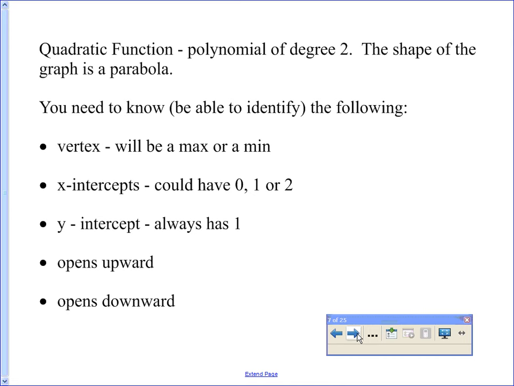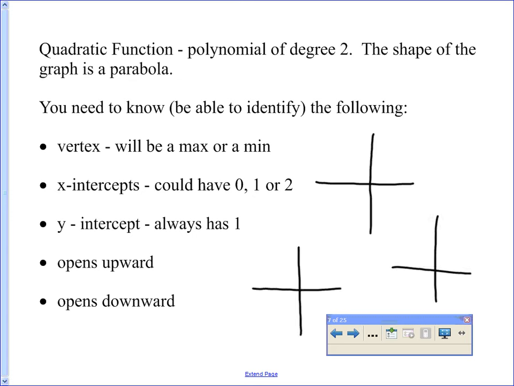So a quadratic function is a polynomial of degree 2, and the shape of the graph is a parabola. We have a couple of different things that can happen, so let's look at a couple of different graphs. Our shape is a parabola, and we could have a parabola that looks like this. Here is going to be your vertex, and in this case, there are no x-intercepts. So you notice that the number of x-intercepts is 0, but we could have something like this, where there are two x-intercepts,